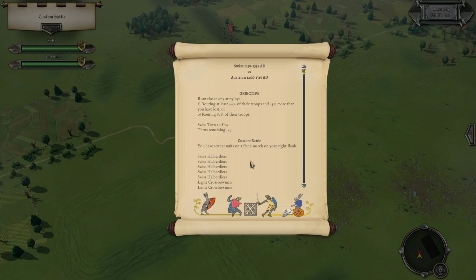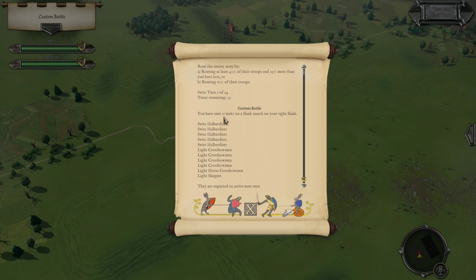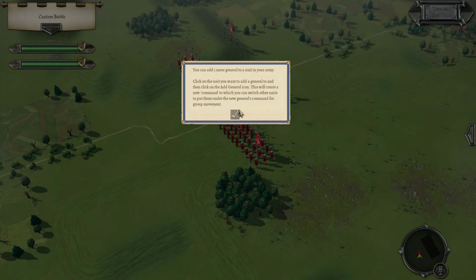Welcome to another Field of Glory 2 medieval battle. This is round 1 out of 5, the Rides of the Swiss tournament. This one is a paired match against Prince, and I have Swiss 1291 against Austrian 1200. We've sent 11 units on a flank march to the right. They'll arrive next turn. I believe the Austrian army starts with more points,